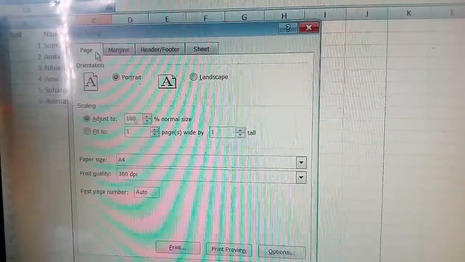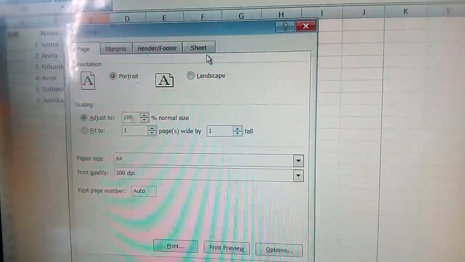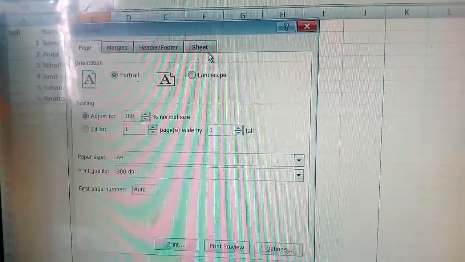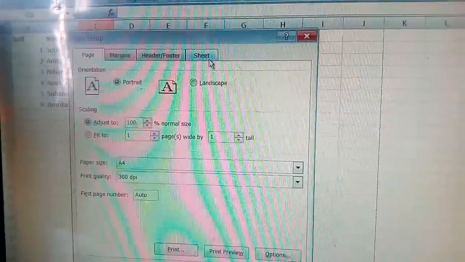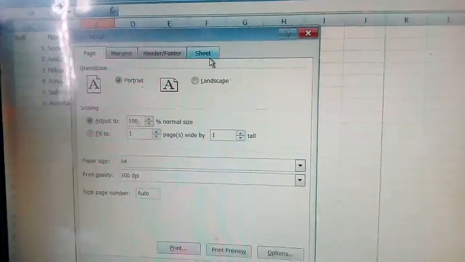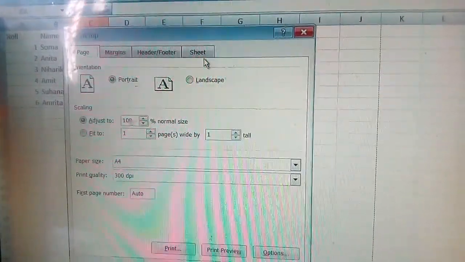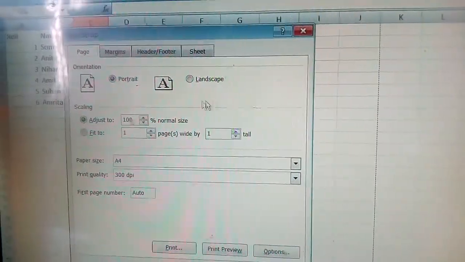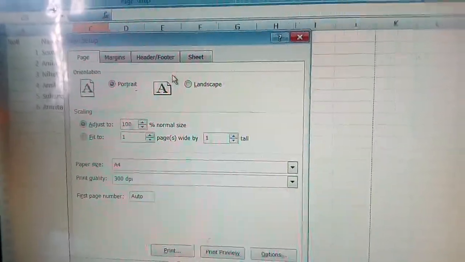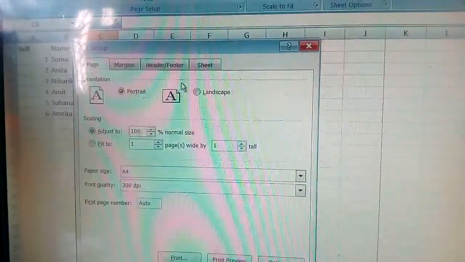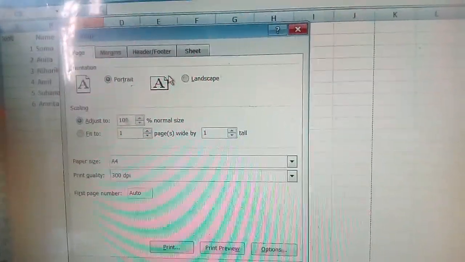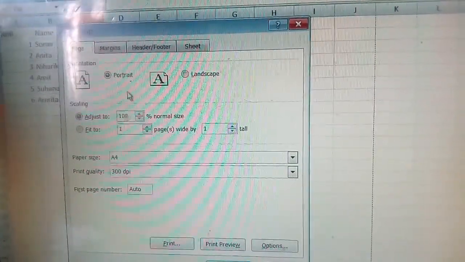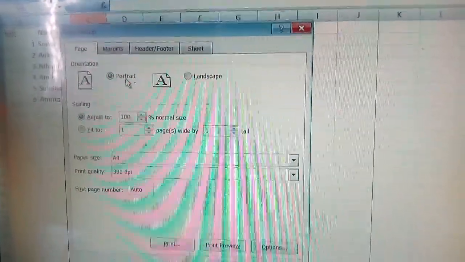Here you are seeing four tabs: page, margins, header, footer, sheet, and in Calc 3 more tabs are there: organizer, then borders and background. I will show you here how you set the background and then borders. In a spreadsheet also you can do these things, but not from this dialog box. So first we will see this dialog box.